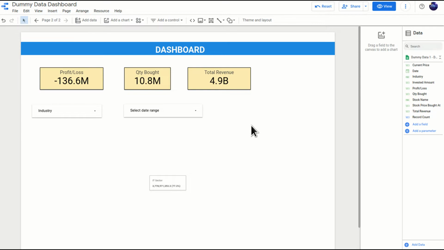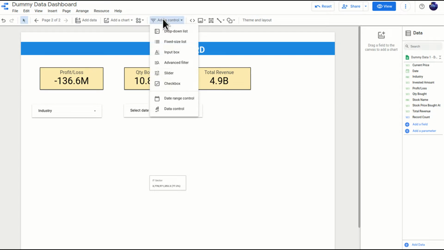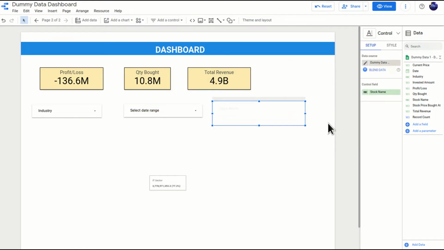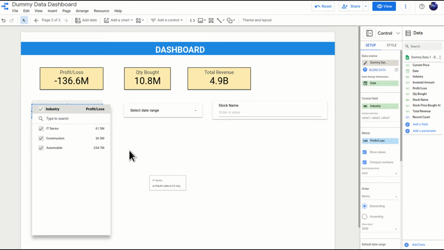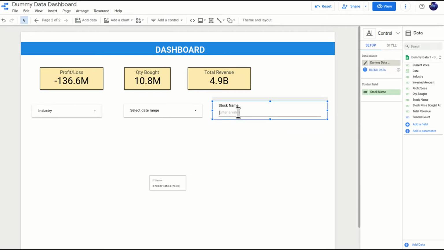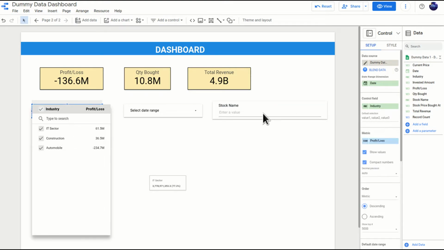So we have covered scorecard, drop down list, date range control, input box. Now the second most important thing is the input box. For example, if there is a scenario where the list in the filter is very long, now you want anyone to type something and your data should be filtered. So for example, if I talk about IT sector,